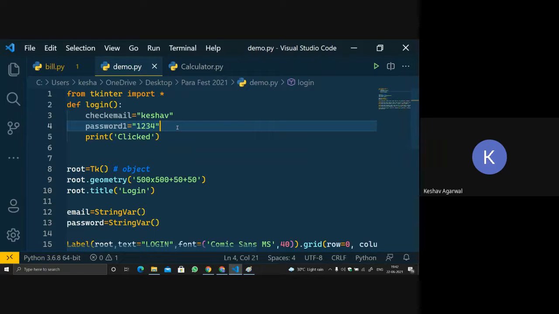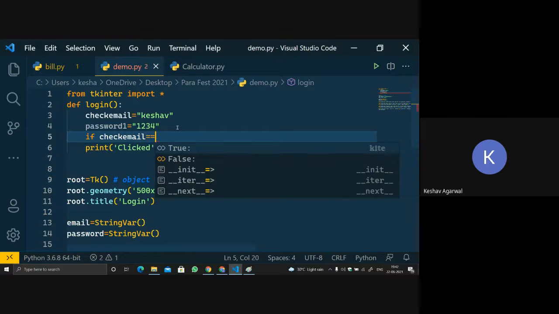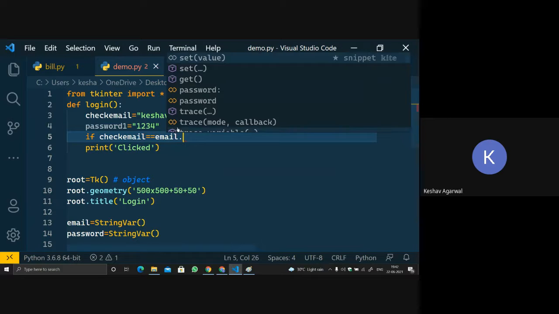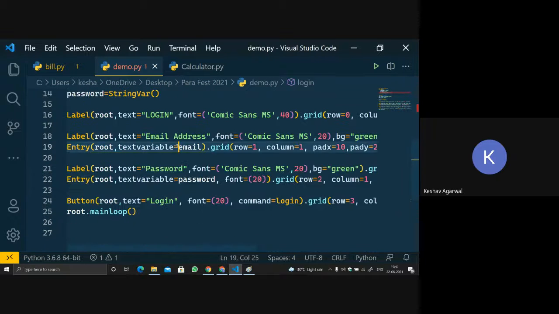So now we will check if both the email and password are the same. So if check email equal to email dot get. The email dot get, what it will do: email is a variable, and the dot get function will return us the value that is stored, the value we are getting from here.